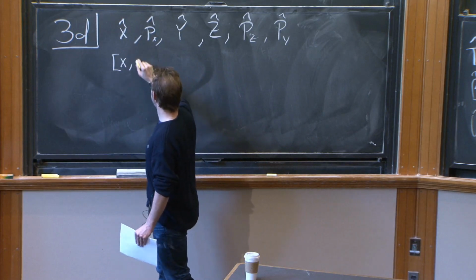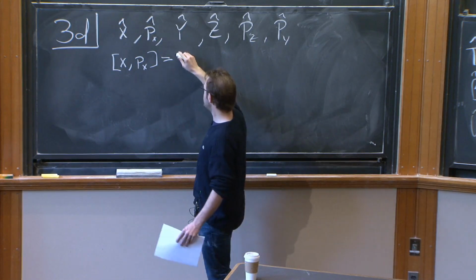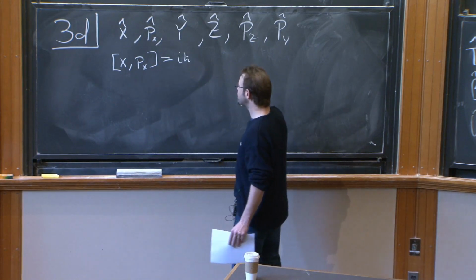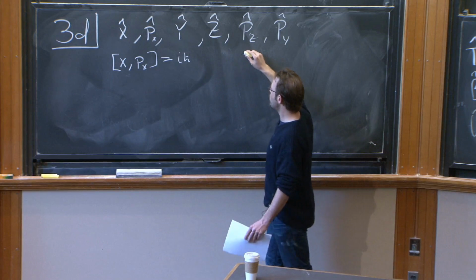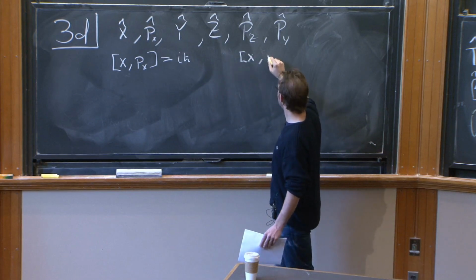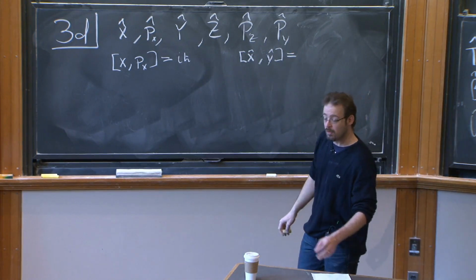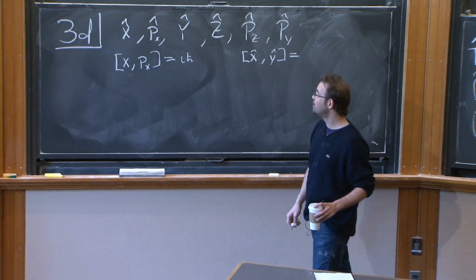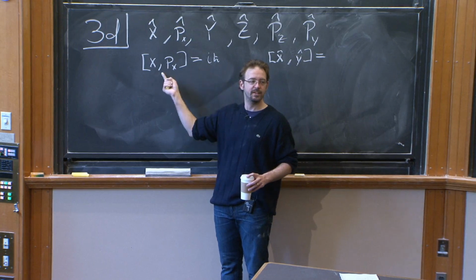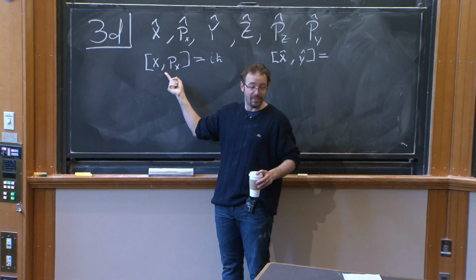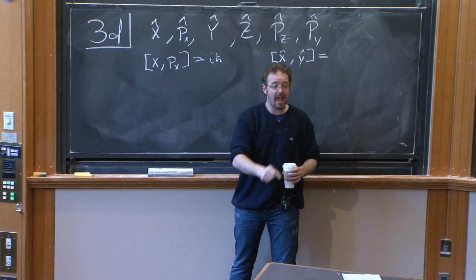Okay. And here's just a quick practical question. We know that the commutator of x with px is equal to i h bar. So what do you expect to be true of x with y? Why? What does this equation tell you? What is its physical content? Well, that they don't commute. Good. What does that tell you physically? Yes. That there's an uncertainty principle connecting the two. Excellent. So that's one statement.